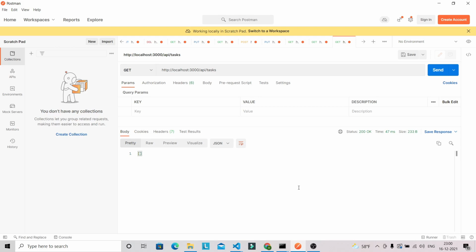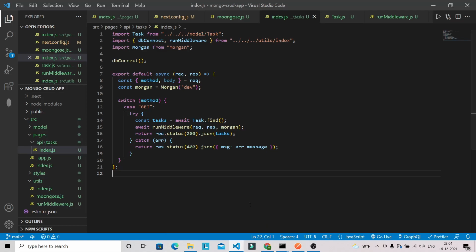So we also have to write a post method. First let's insert some data, then we can get the data with the get method. So after that we are going to have another case with post.